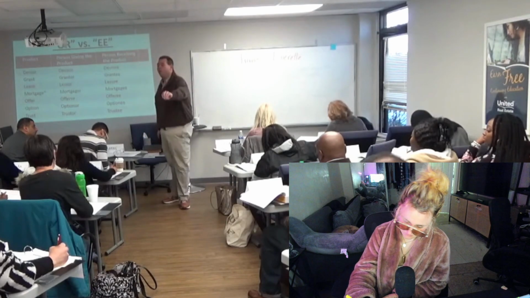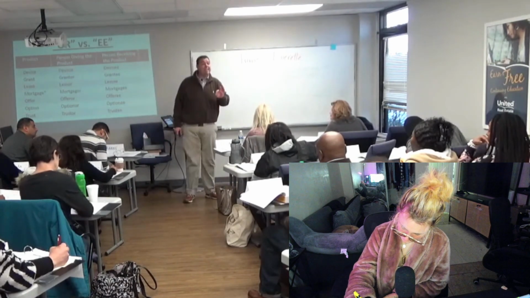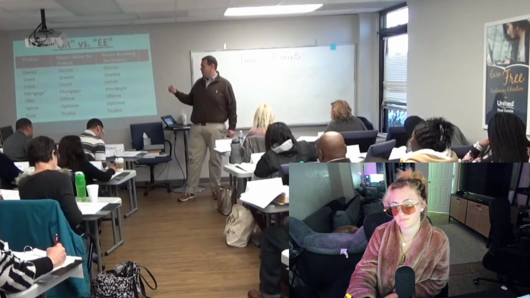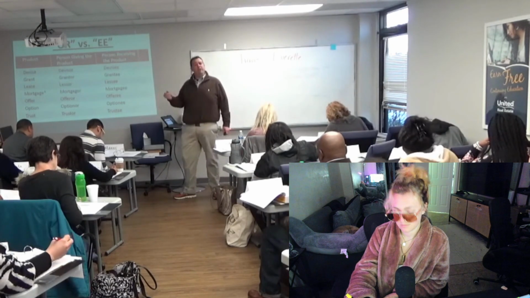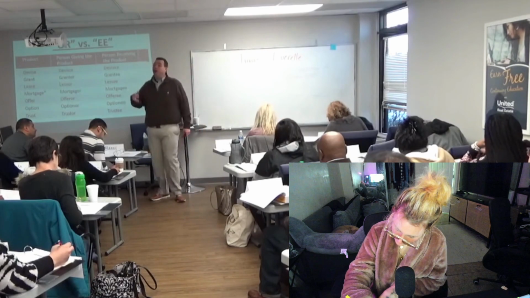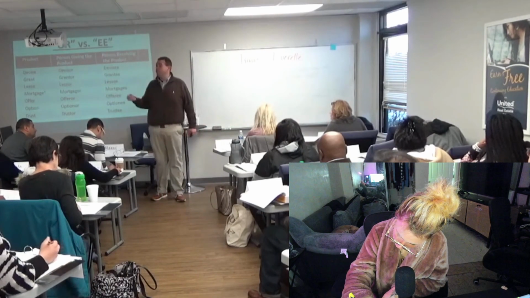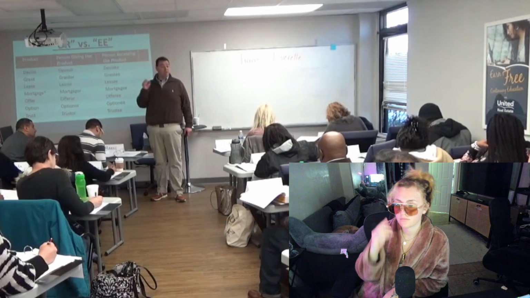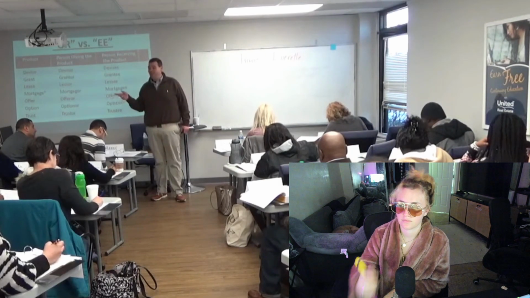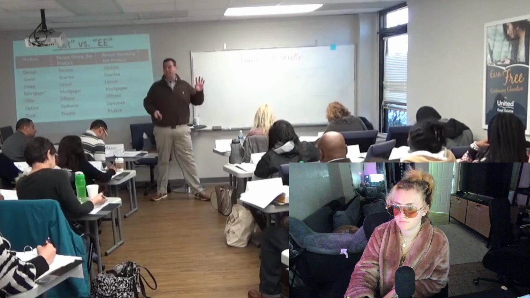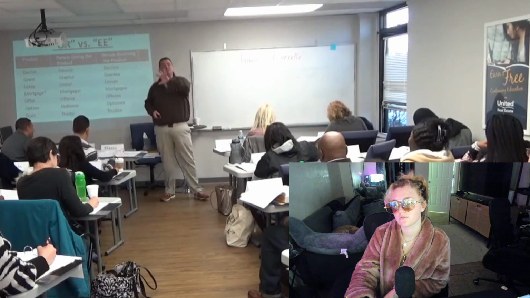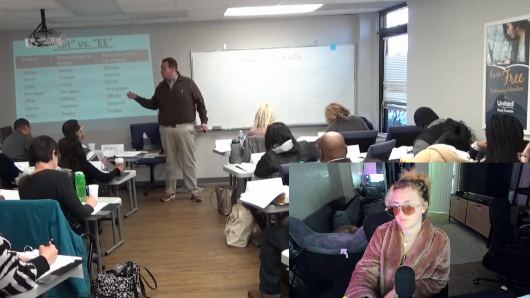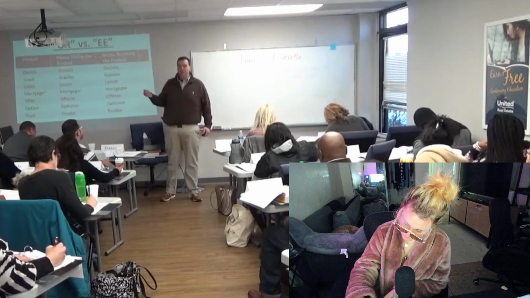The offeror. Whereas the EE person is the person who's receiving whatever we're talking about. Does that make sense? So in the case of an offer, the offeree is the person receiving the offer. So put that in buyer-seller terminology for me. The seller is going to be the offeree. Buyer would be the offeror. Seller would be the offeree. Buyer's making the offer, seller is receiving the offer. Does that make sense for everybody?